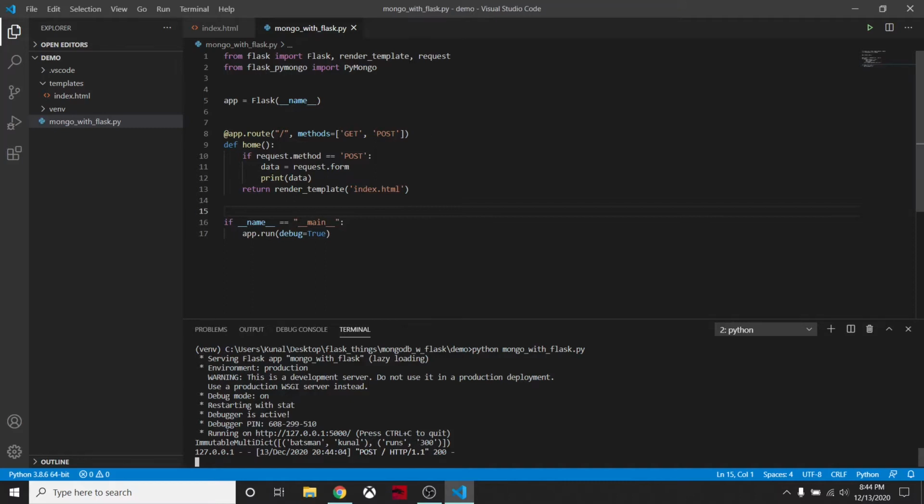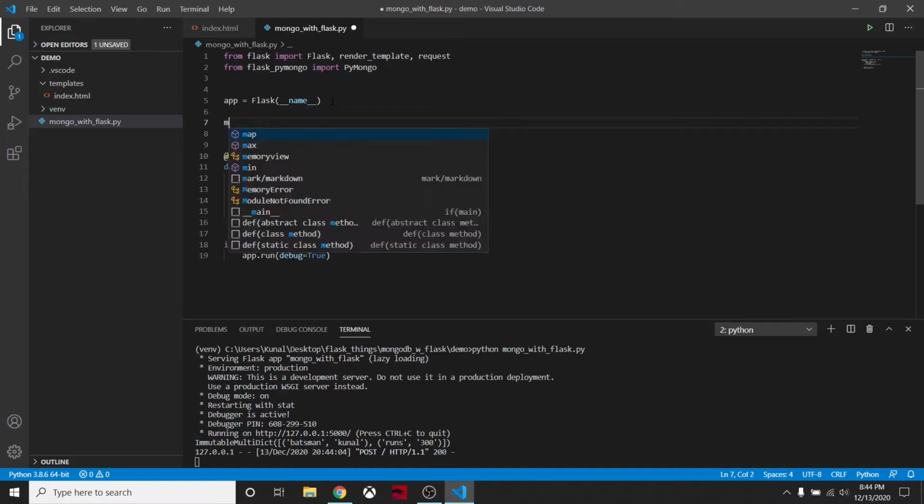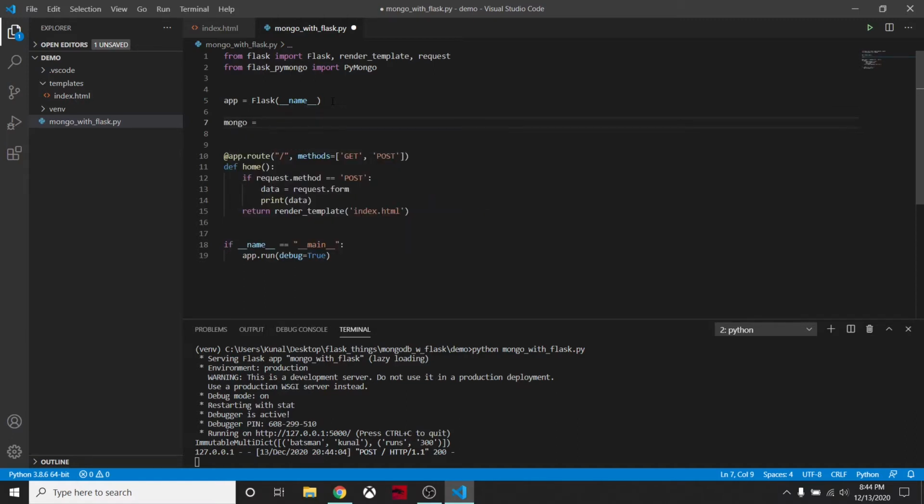We can see it is an immutable dictionary. Now, if you want to pass this data to the MongoDB database, for that we first have to import this class, PyMongo, from Flask-PyMongo. Next, we have to instantiate a Mongo with PyMongo, and pass this app variable to it.